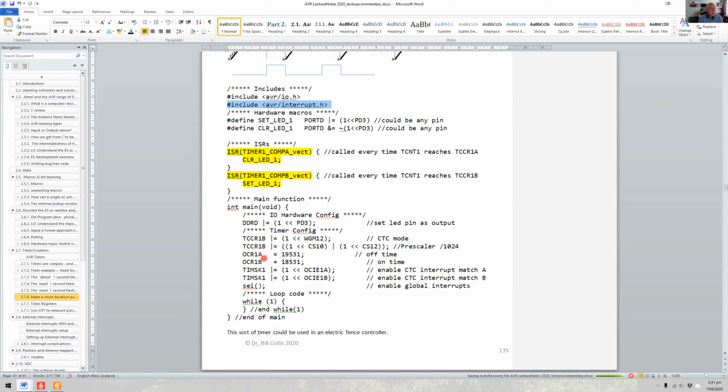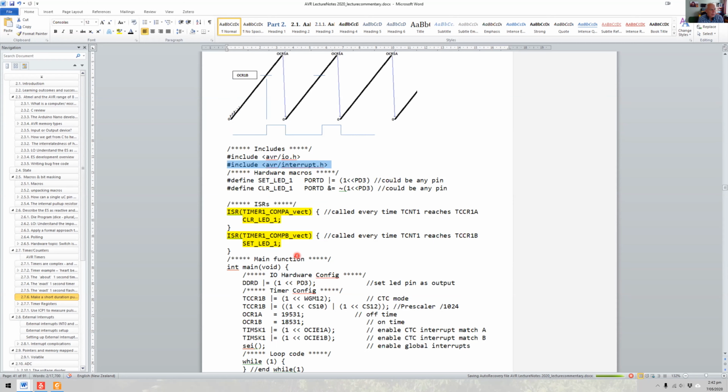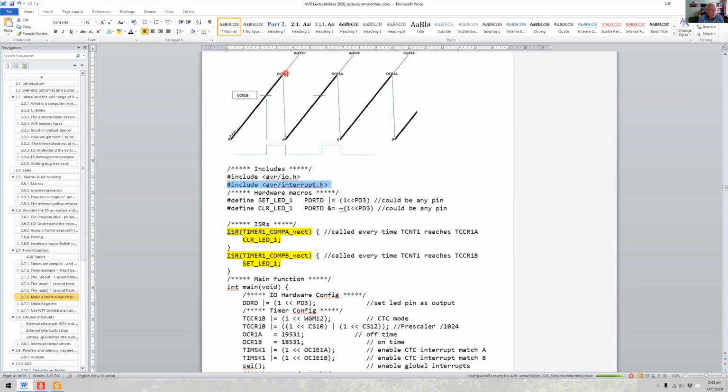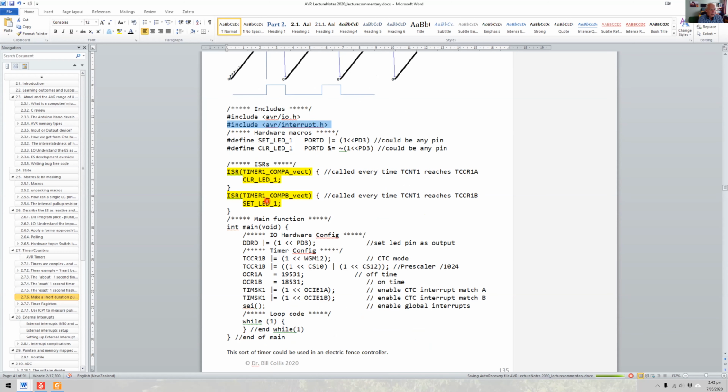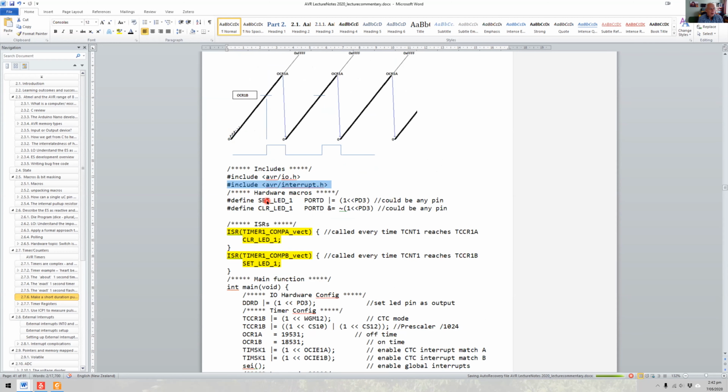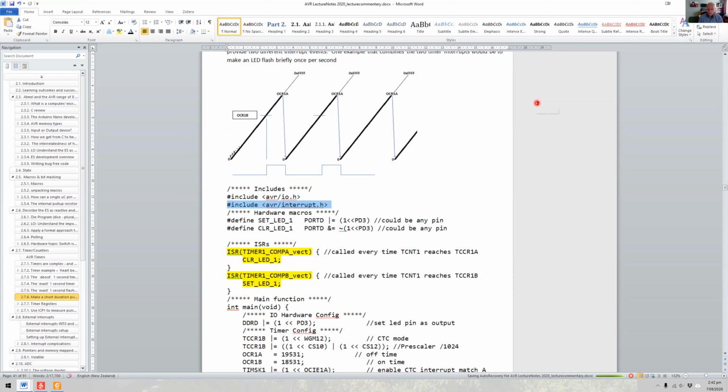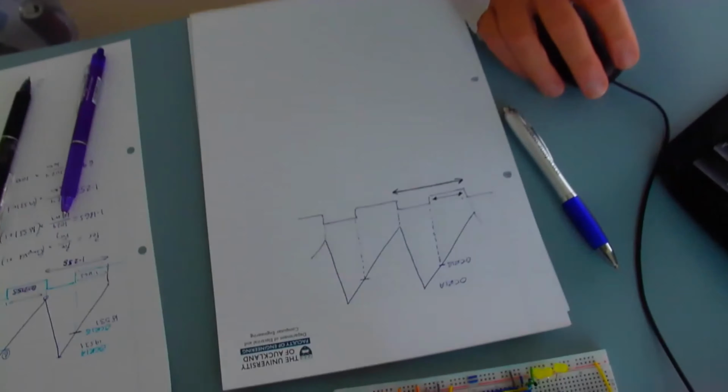So let's just have a little look at this. What we've got is 19531, so that's this point in time here. And we've got 18531, this point in time here. So we're going to have a look at how we might actually calculate those. I think, if you put your thoughts into it, you would probably find that you can do this now yourself. So I'm going to switch over to the camera, stop the share of the screen, and tilt the camera down